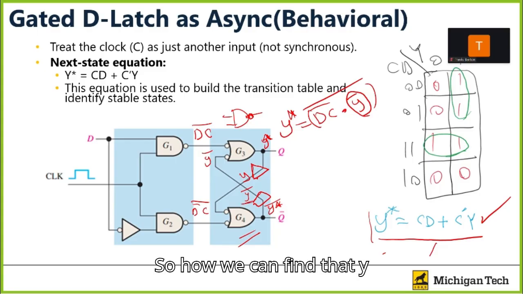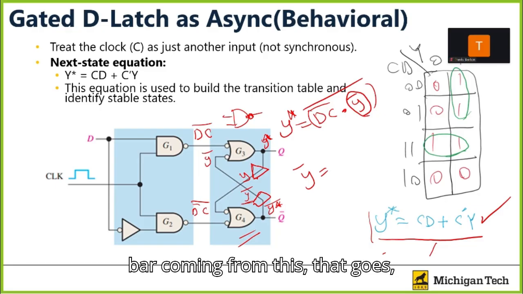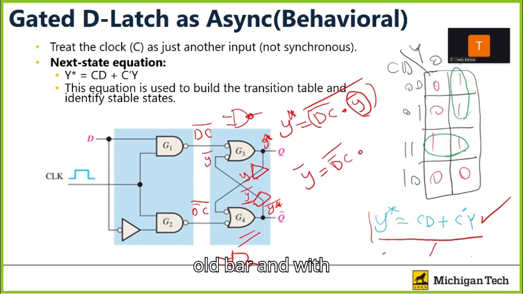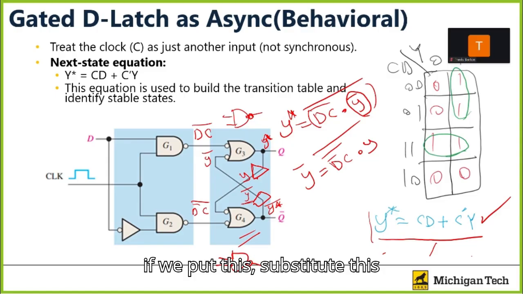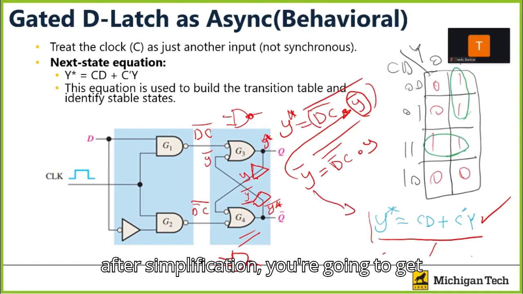So how we can find that y bar coming from this, this is equal to this. So D bar C all bar, and with y and all of this bar, and if we substitute this in this,